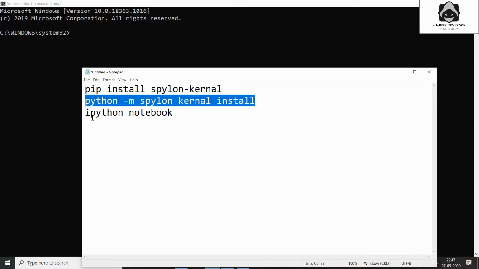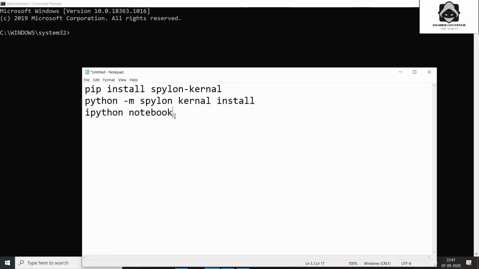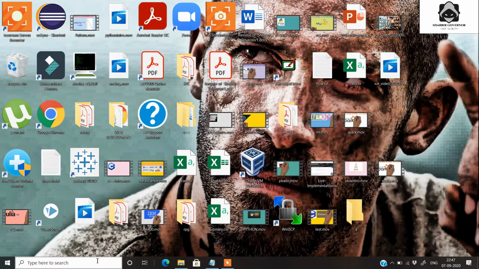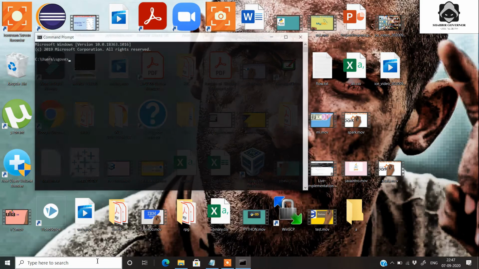And once this is done, you can open your ipynb file. So let's open this ipynb file notebook from your prompt. Let's paste it, let's open it.